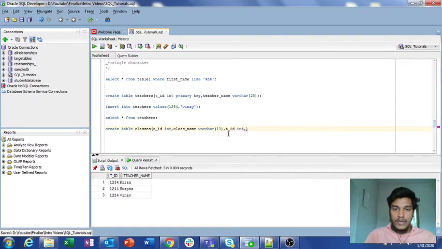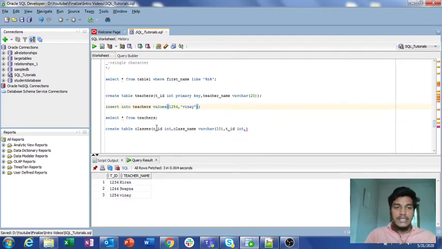And now I want to enter only T_ID values from the existing teachers. This is the teachers table here. So we have a total of 3 teachers, and I want to use only these 3 teachers in this table.